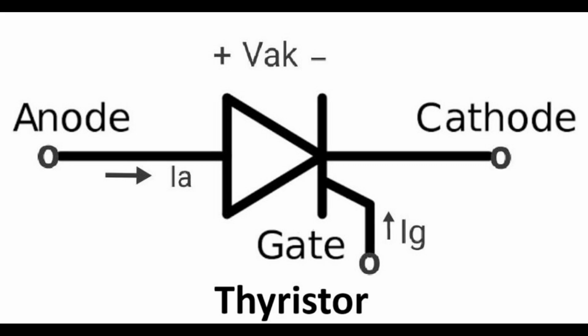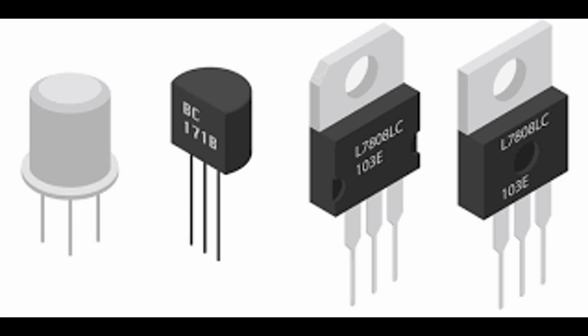Operation, off state, blocking state. When no gate signal is applied, the triac remains in a high impedance state, blocking current flow between MT1 and MT2. On state, conducting state. When a gate signal is applied, the triac switches to a low impedance state, allowing current to flow between MT1